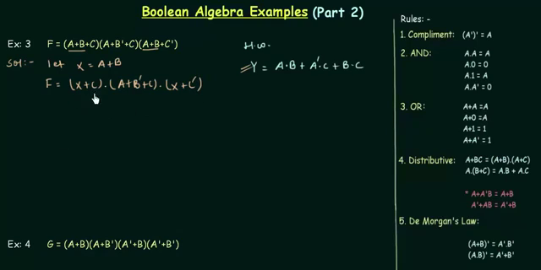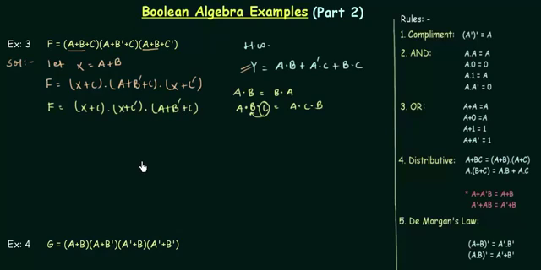And I want to write x or c and x or c complement together, and I will do it because it follows the commutative law. By commutative law, we know that a and b is equal to b and a. So if I have a and b and c, I can write a and c and b. I can shift this c here without having any problem. I am doing the same thing. I am shifting this at this position. So the function f can be written as x or c and x or c complement and a or b